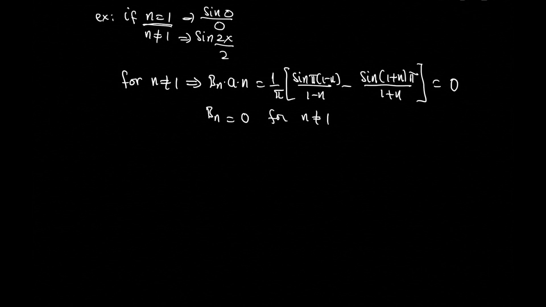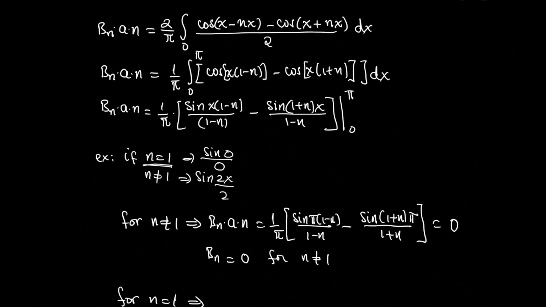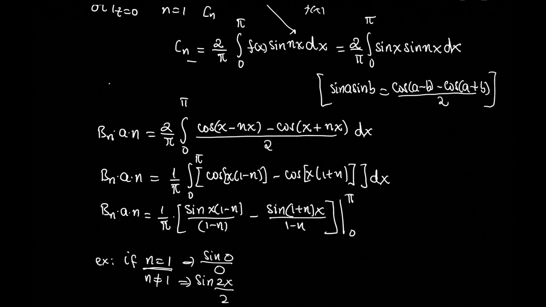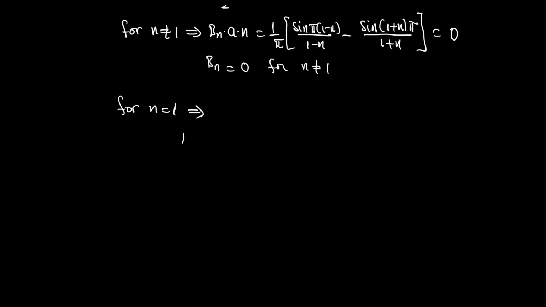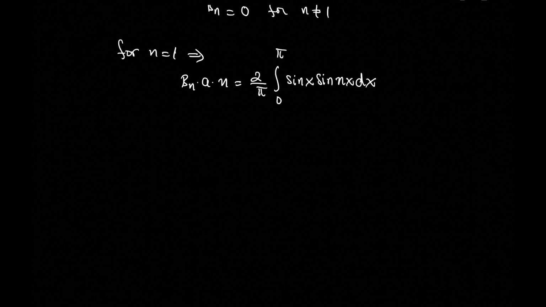Now, for n equal to 1, I have to evaluate. But if I just evaluate it here, it's kind of hard. So I will go back to this initial formula. Bn times a times n, which was the Cn, is 2 over pi, integral 0 until pi, sine x, sine of nx dx. If n equal to 1, then I have b1 times a times 1 equal to 2 over pi,